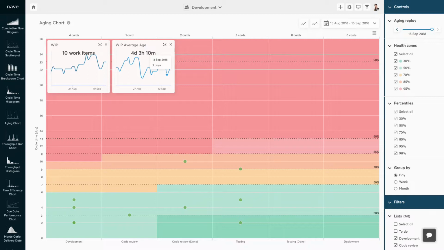For example, if you observe that your average age of WIP was very high, you can go back to that specific date and see which work items caused that behavior in your system. You can then have a conversation and think about how to tweak your management practices to make sure you improve your workflow. Now, let's go through the approaches to measuring the throughput in your workflow.